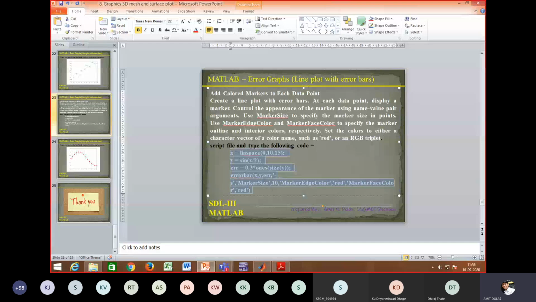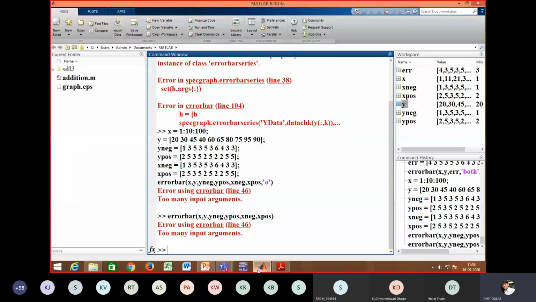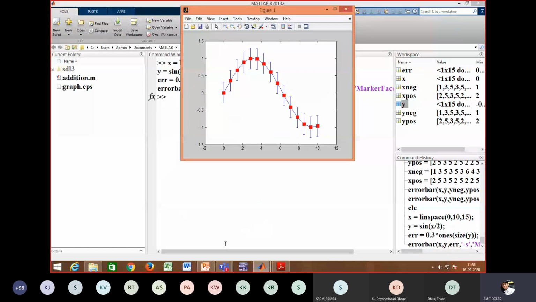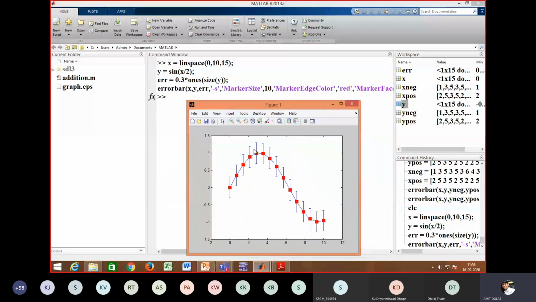If not, we'll see the execution of this code in the next lecture. Okay, so it is executed. You can see here error bar is plotted, points are red in color, marker edge fill is done, marker face, all these arguments we have used.